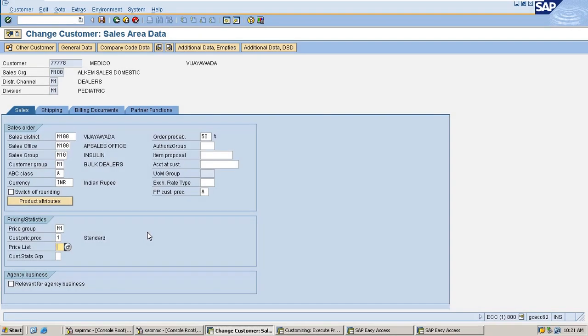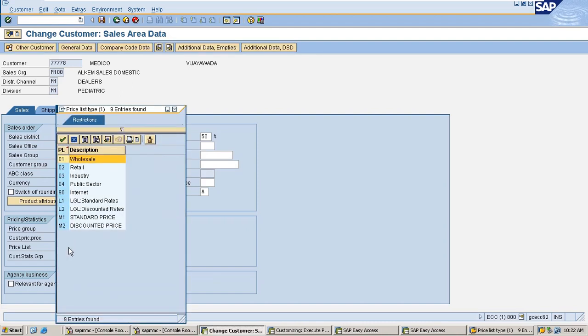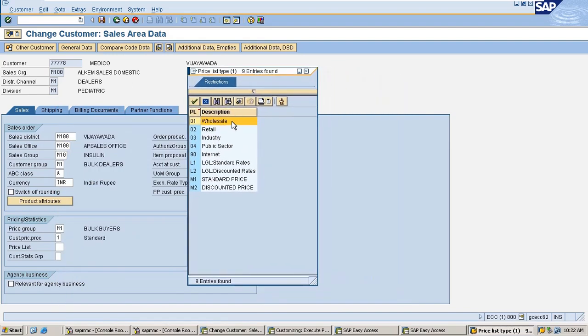Grouping of the customers who will share the same base price. Price list will be used only to maintain the base price. Price list helps to simplify the maintenance of the base price. So if we go through this one, here we can see some entries. The company would like to give wholesalers one price, retailers one price, distributors one price, and industries a separate price.